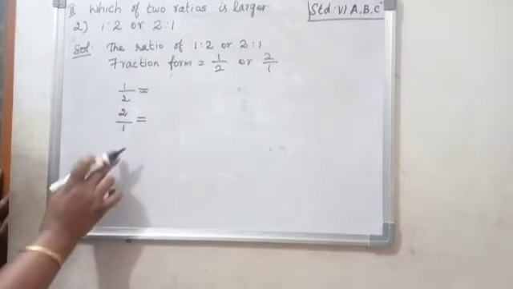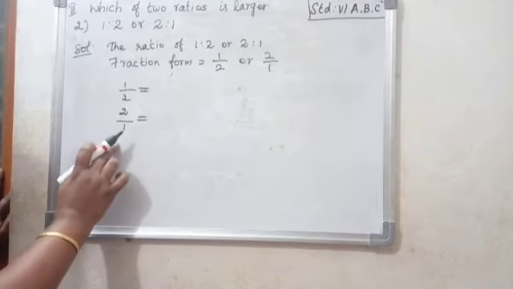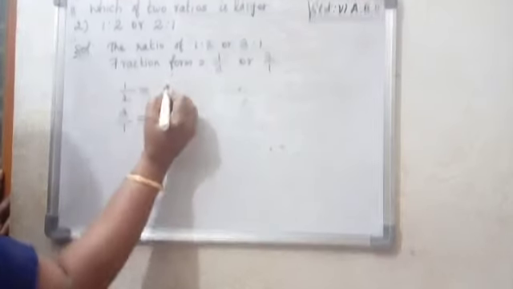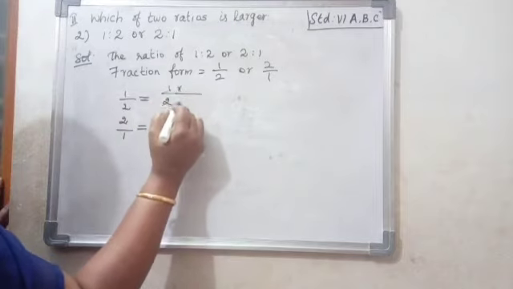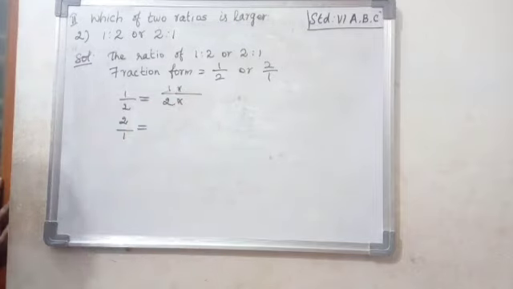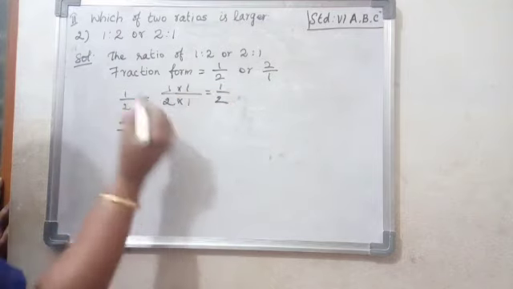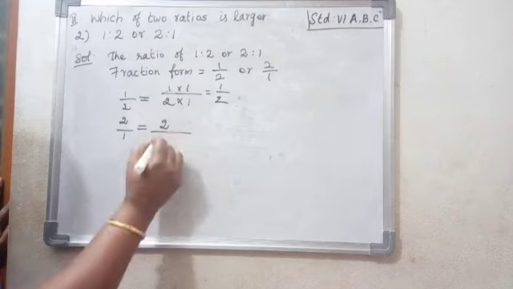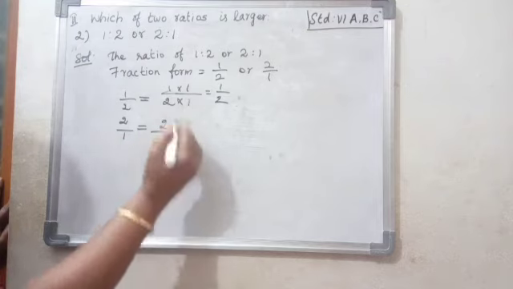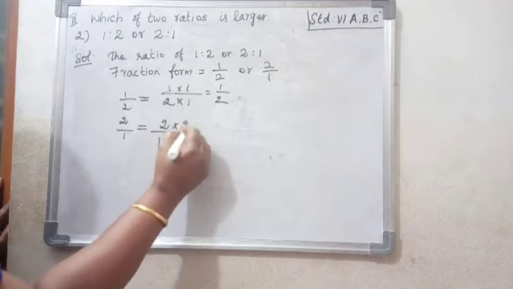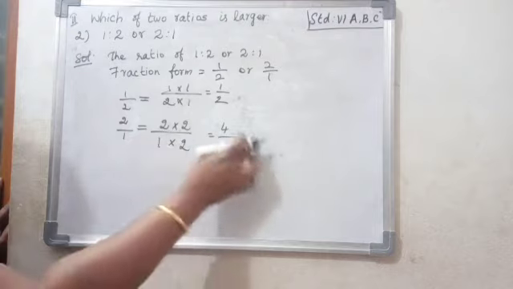What can we equalize this to? Here 1 by 2. Can we equalize to 2? 1 by 2 stays as it is. Next, 2 by 1: which number can we equalize it to? Using the 2 table, 2 2s are 4. So 4 by 2. Which is the greater fraction?